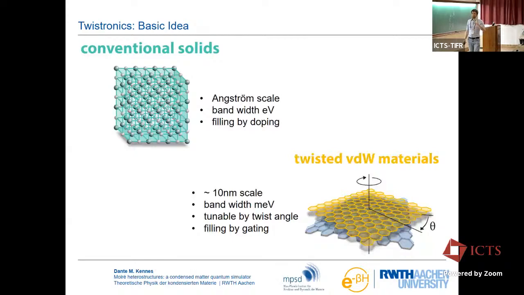All right, so I put conventional solids here. That's, of course, semantics. That's, for me now, everything that's not twistronics. So it's a very loose sense of using that word. And when you grow a solid, for example, you know that everything is dictated by chemistry. Your chemistry will just say that your atoms are of roughly the order of angstroms apart, and that length scale will define typical kinetic energy scales, bandwidths of electrons. That's how easily your electrons move through your crystal. And those will be roughly in the eV range. I'm making broad strokes here. And I will not deny that there have been tremendous advances in controlling these materials.